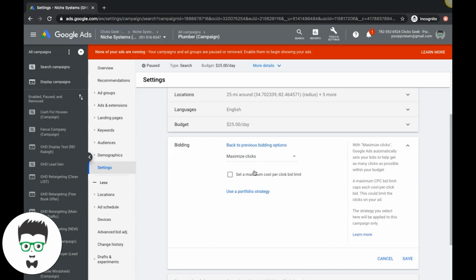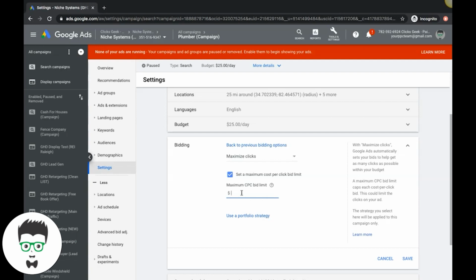However, something I must warn you is if you use this strategy, please make sure you are setting a maximum cost per click bid limit. Okay, this is really important. So you want to set it depending on what your industry is. How I would do this is the keyword tool, and I would look at the top position cost per clicks for your keywords, and I would just kind of blend an average together and start with that as the bid